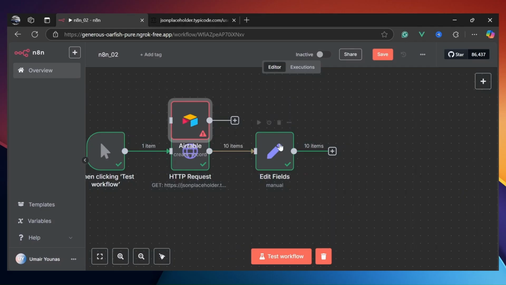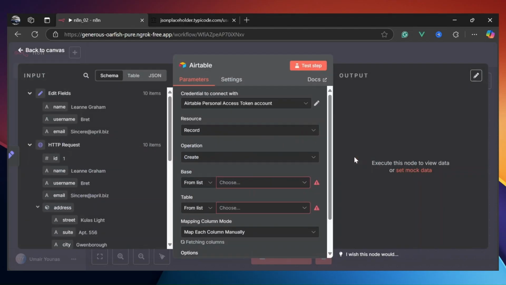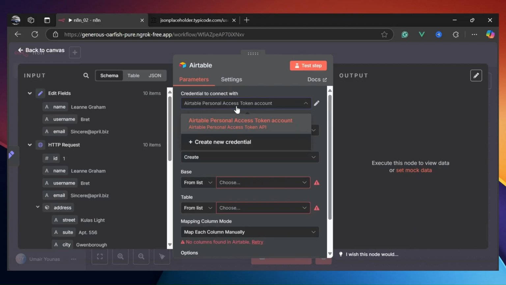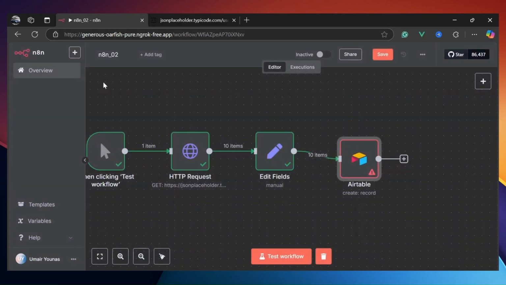Now, first of all, as you can see, it is not connected to our workflow. So just go back to canvas. And this is our Airtable. Connect it first. After connection, we are getting our input data. On this action panel, first of all, we need to set up the credentials to connect with Airtable. For you, there will be no credentials, so we need to create new credentials. You can create these credentials either by clicking on this create new credentials, or you can go back to,